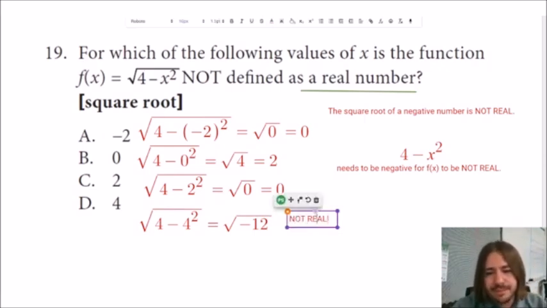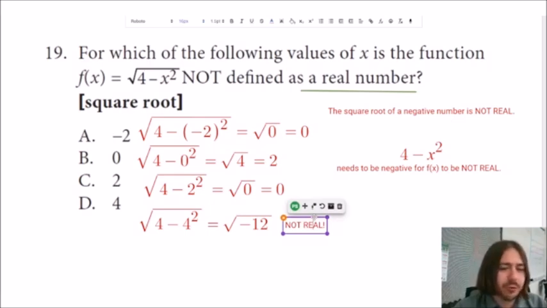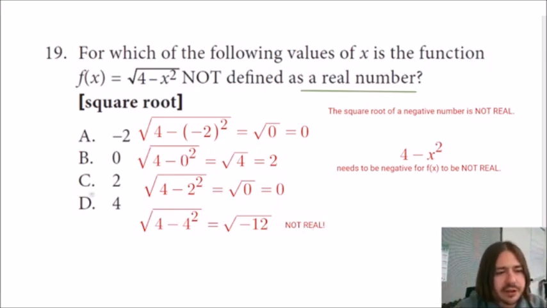Now, we could talk for hours about these imaginary numbers, which are the ones that are not real. There's a whole lot that we could discuss here, but I think the key idea you need to know to get a problem like this right is that when you try to take the square root of a negative number, you are going to get a number that's not real. So our answer here is going to be D,